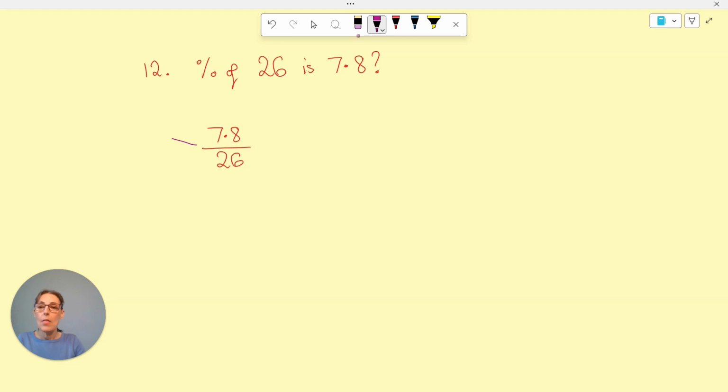Do remember that line means divided by. So you pop it into a calculator. You put 7.8 divided by 26 equals, and then whatever you pop out there to make it into a percentage